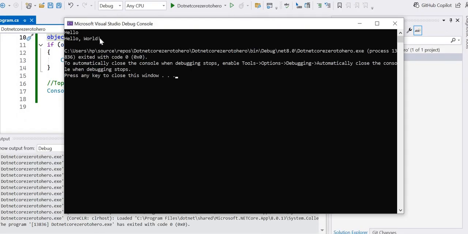See here, Hello World is printed. This is pattern matching, and this is pattern matching, records, and top-level statements. With top-level statements, there is no need to declare static void Main methods, and we remove all the boilerplate code, so the code is